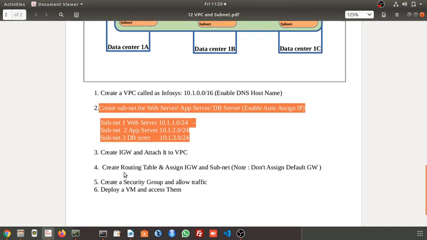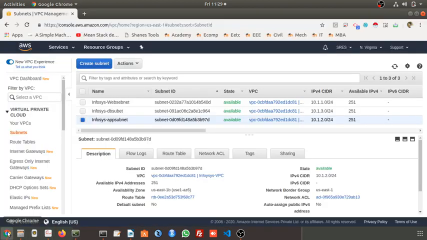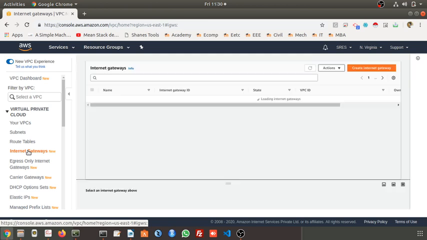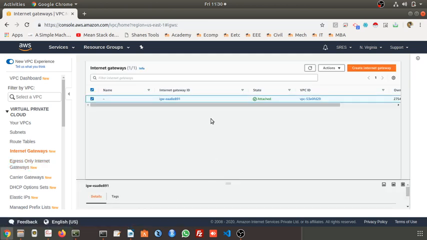Next we have to create the internet gateway and attach it to the VPC. How to create an internet gateway? Here internet gateway is there. By default one internet gateway will be there, but we need to create our own. Go to create internet gateway.